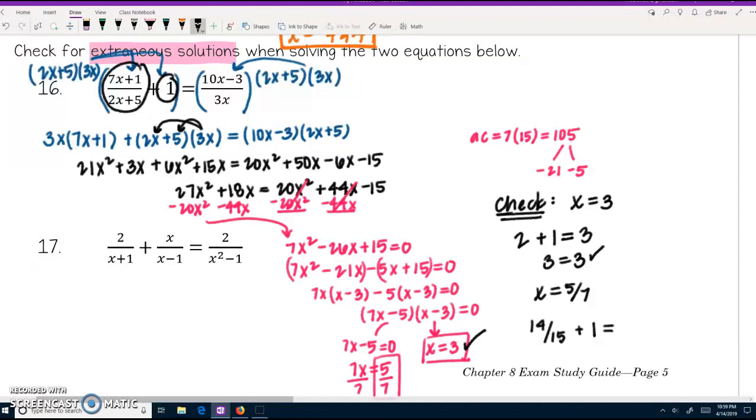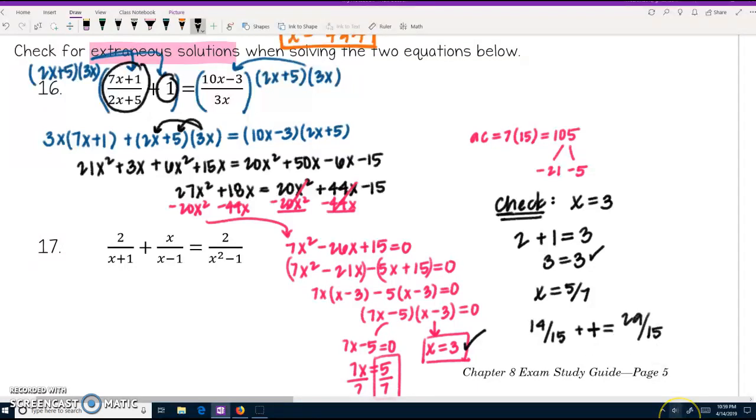Yep, okay, I get the same thing both times. Now I'm going to plug it in on the other side. 10 times 5/7 minus 3. And then I'm going to divide that by 3 times 5/7, making sure to work with my parentheses well. And I end up with